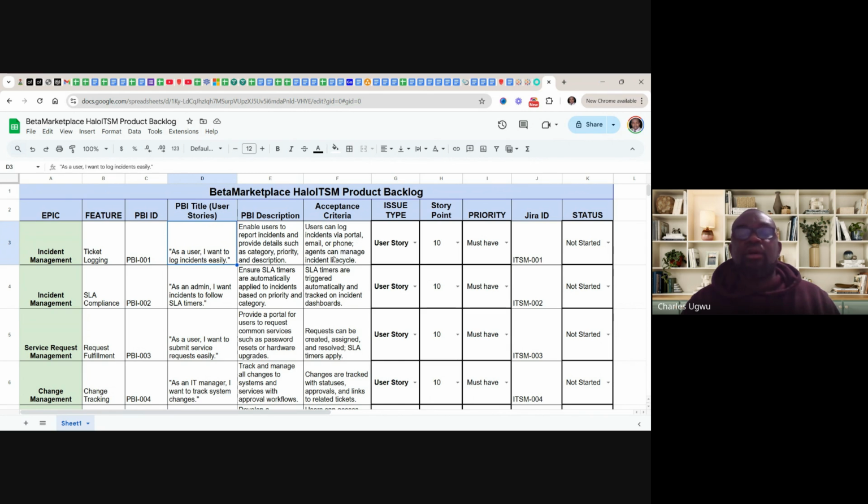That's how it works. By phone, agents can manage the incident life cycle. So once an incident is logged, the agent, which is the first line support, second line support, third line, depending on the line of support you want, should be able to manage the incident from the back end. And this is a user story. The user story here is